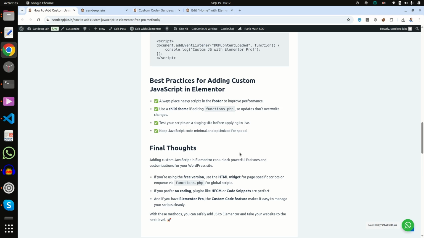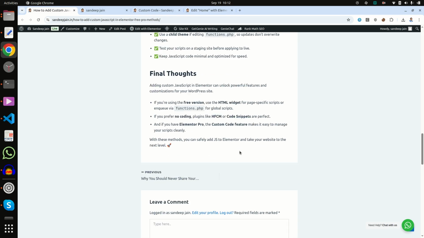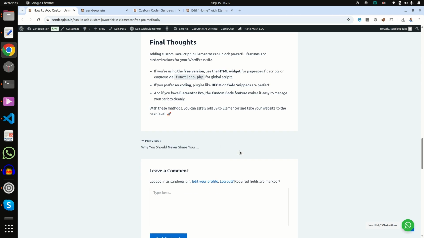Keep JavaScript code minimal and optimized for speed. Final thought: if you are using the free version, use the HTML widget, and if you are using no coding, then HFCM or Code Snippets are perfect. And if you have Elementor Pro, then the custom code feature makes it easy to manage your scripts.